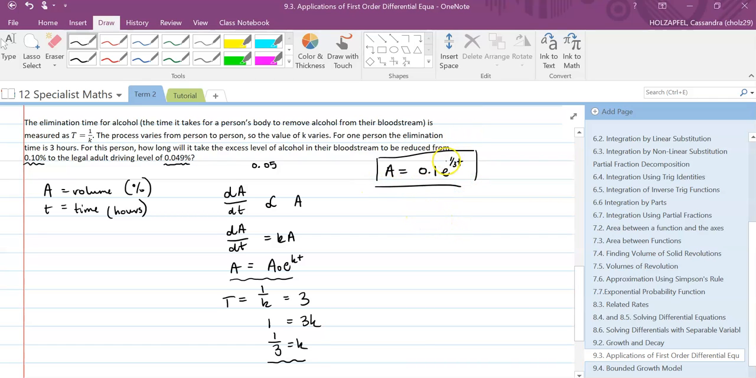So let's go ahead and solve this problem. And I've just realized I made a little mistake here. This is decreasing the amount of alcohol in the body, so this rate should be a negative rate. All right, so let's substitute in